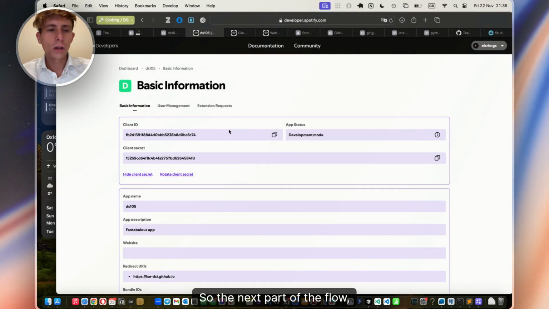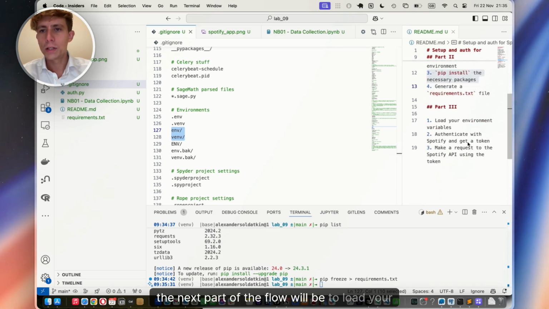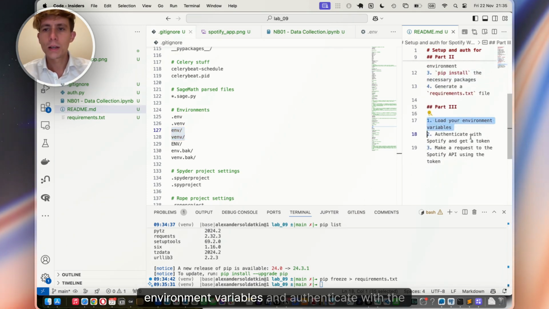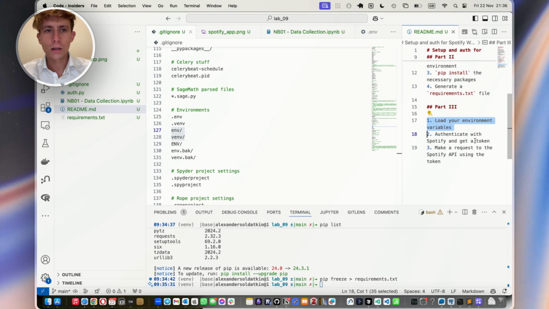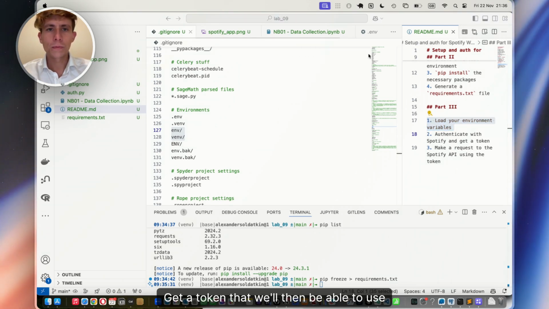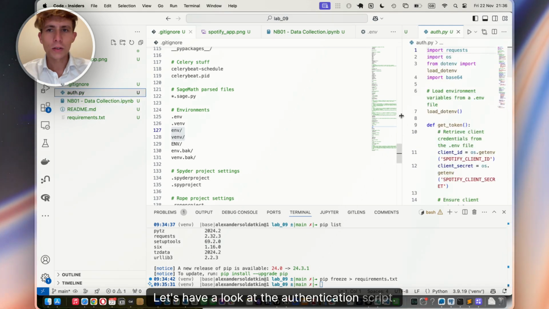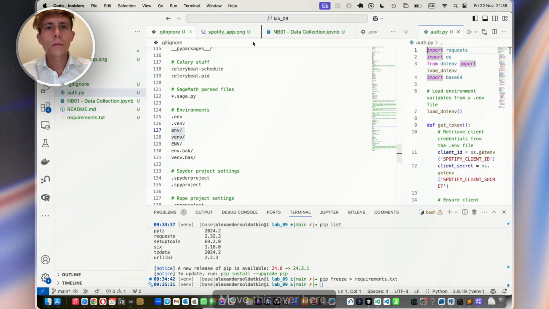So the next part of the flow will be to load your environment variables and authenticate with the Spotify API, get a token that we'll then be able to use further down the line. Let's have a look at the authentication script. Move this over here,